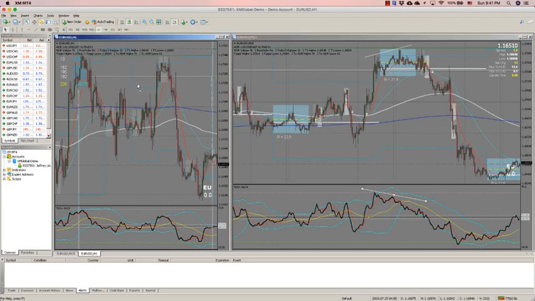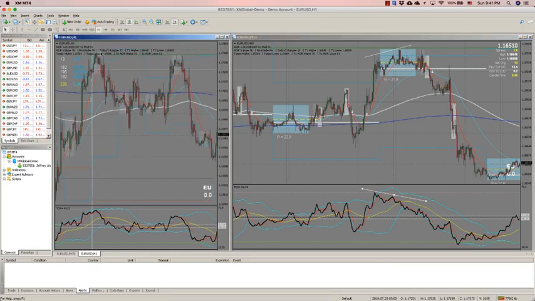You can also notice here on the H1, we have this peak here coinciding with this peak here to make a big multi-session M. So this second peak here, M, coincides with this peak here on the M15. So you can see here your Asian session first leg here with this railroad track formation, closing down below to confirm the first leg,